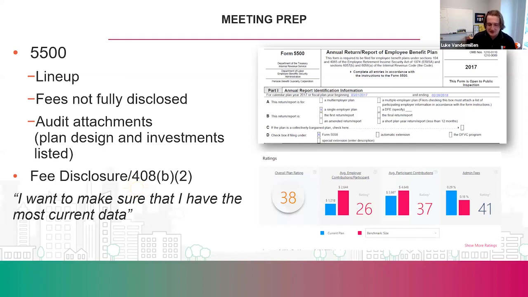The plan sponsor actually did respond to the advisor and said, "Hey, actually, that's funny you bring that up. We were kind of looking at our 401k plan and haven't been able to get in touch with our current advisor. What information do you need from us?" And all the advisor asked for was the 408(b)(2) fee disclosure, even told the plan sponsor where they could find that on the record keeper website. The advisor was able to procure